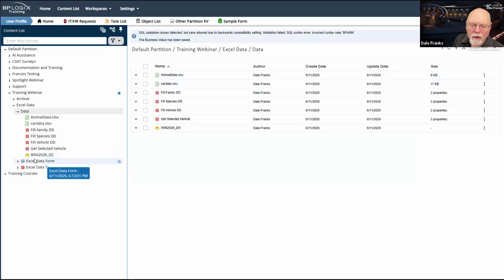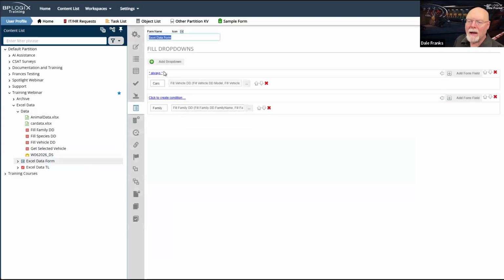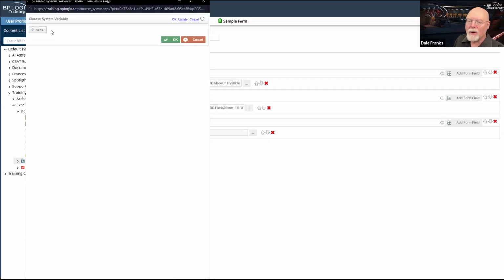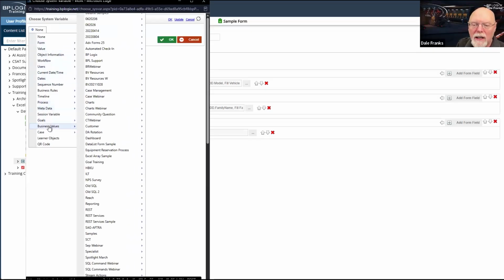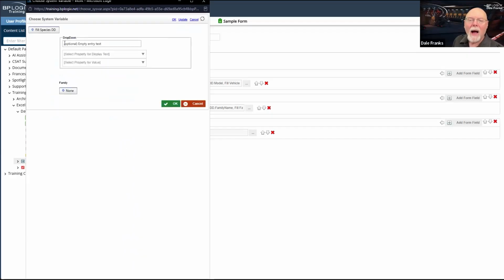So we can now update this and go back to our form and add another dropdown. And in this case, it's going to be species. We are going to do just like we did with the fill dropdown, something very similar. We have our business value, we have our 06206, we have our fill species DD. And there we see we have our family parameter that we have to fill.